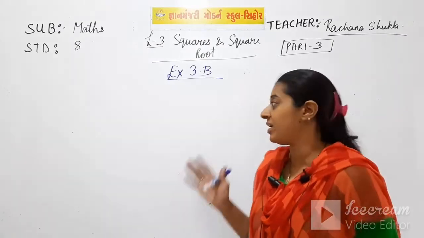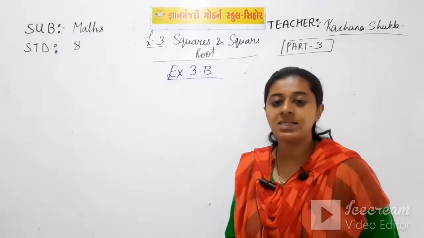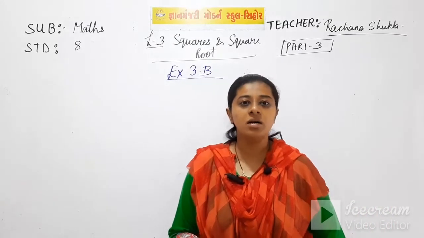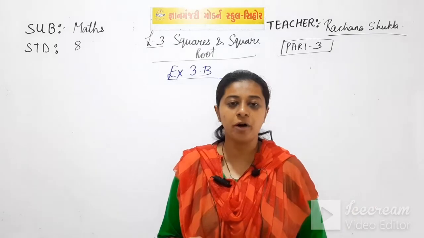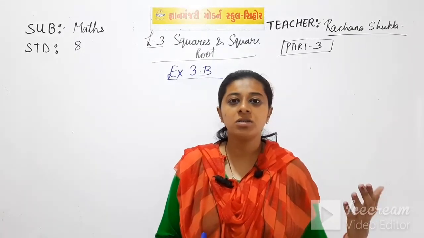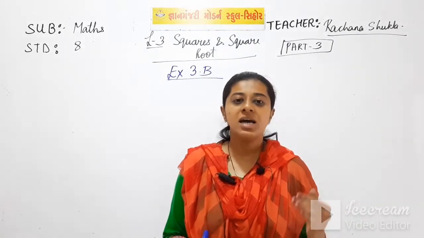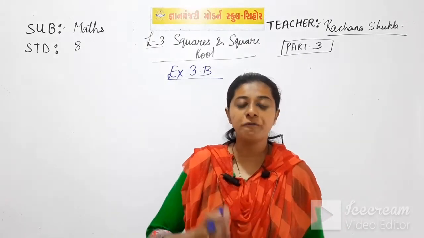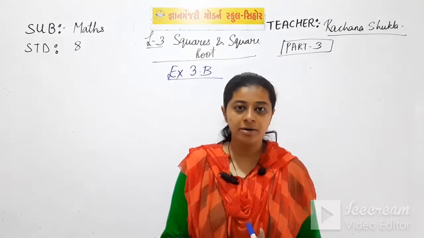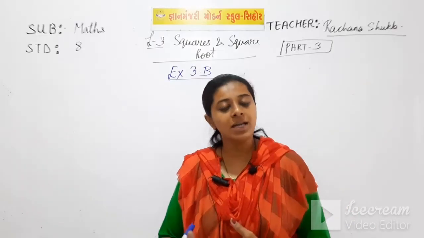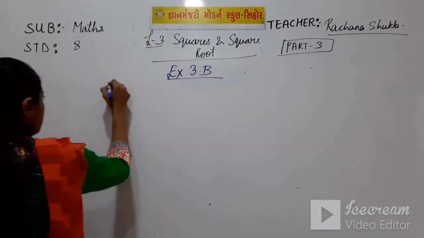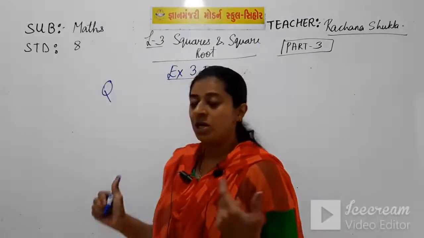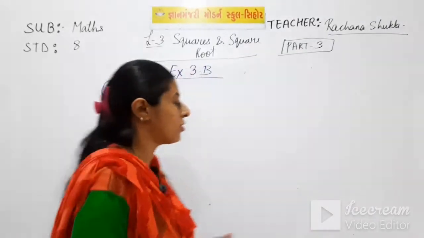We are now continuing with our exercise 3B and that is question 6. In the previous two parts we learned how to find the squares of a number, then we learnt about the properties of squares, and we also saw some examples and exercise questions of how to find the squares of a number without directly calculating. So with this, here we start exercise 3B, question number 6, which you will write down in your fair book.